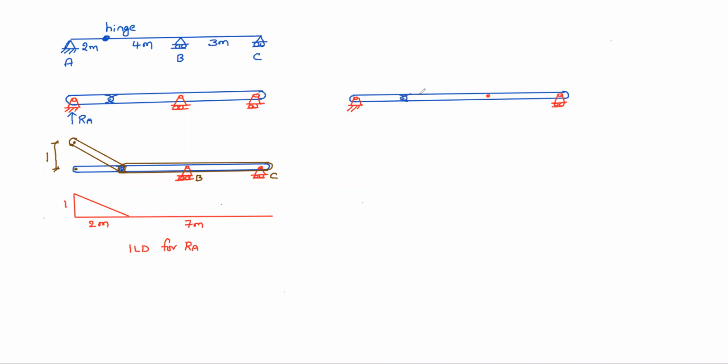Now I will give unit displacement at B. Unit displacement means this point comes to this location, 1 unit here. You know, at C it cannot be dislocated. So this is 1 point, this is 1 point. In between, straight only. Then at A also it cannot dislocate.